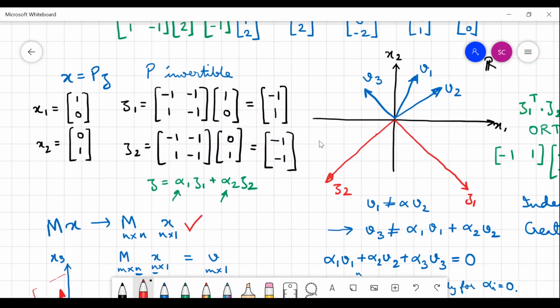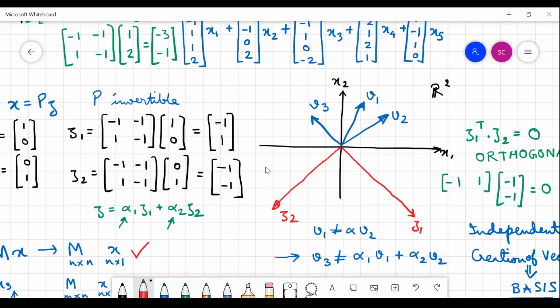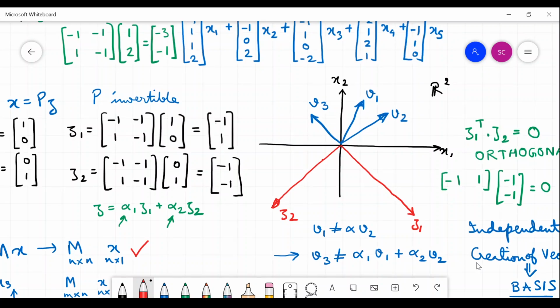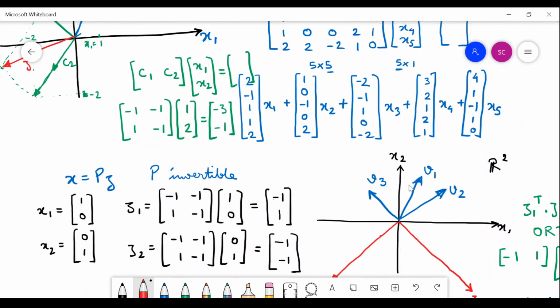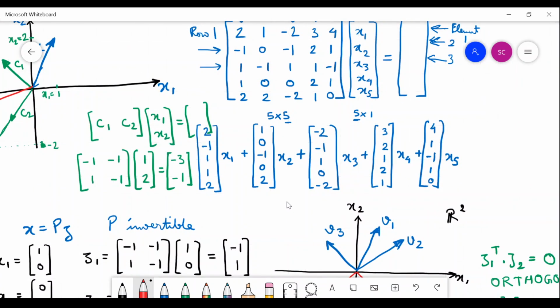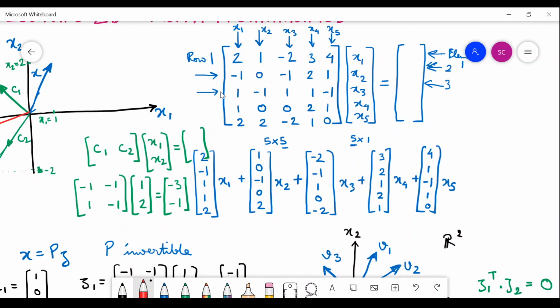Then from this understanding we developed the understanding of orthogonal vectors, independent vectors, and basis vectors. So these are important understandings we obtained. We obtained another very important understanding: to look into the operation of a matrix on a vector not simply as the scaling of the different elements of the parent vector, but also as scaling of the different columns of the matrix itself by the entries of the column vector. This is a very important understanding.